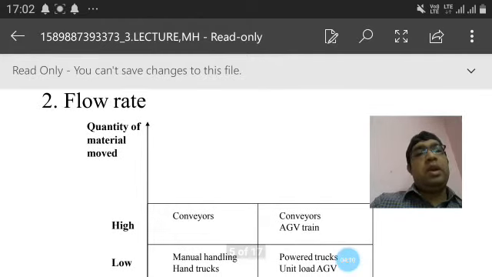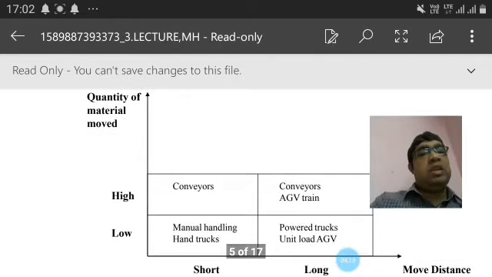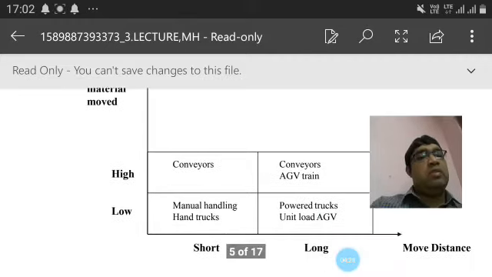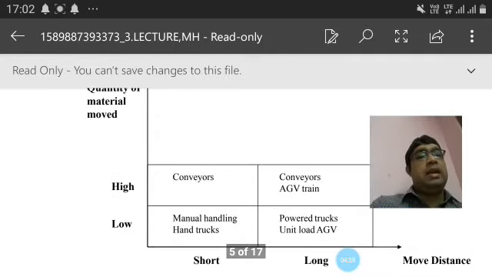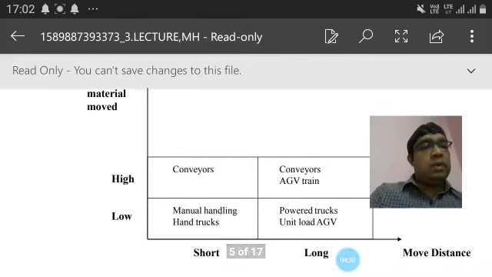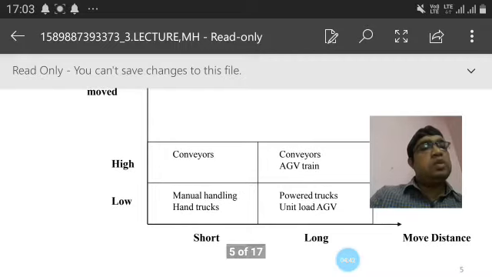Next is the flow rate, which relates to the quantity of materials moved, high or low. You can see conveyors, the conveyor, AGV trains, manual hand trucks, and power trucks, unit load, and AGVs, and the short or long movable distance. Each and every place uses a conveyor system, such as in the power plant industry. Another thing is that the car type conveyor is also available in different types of industry, and so many cars